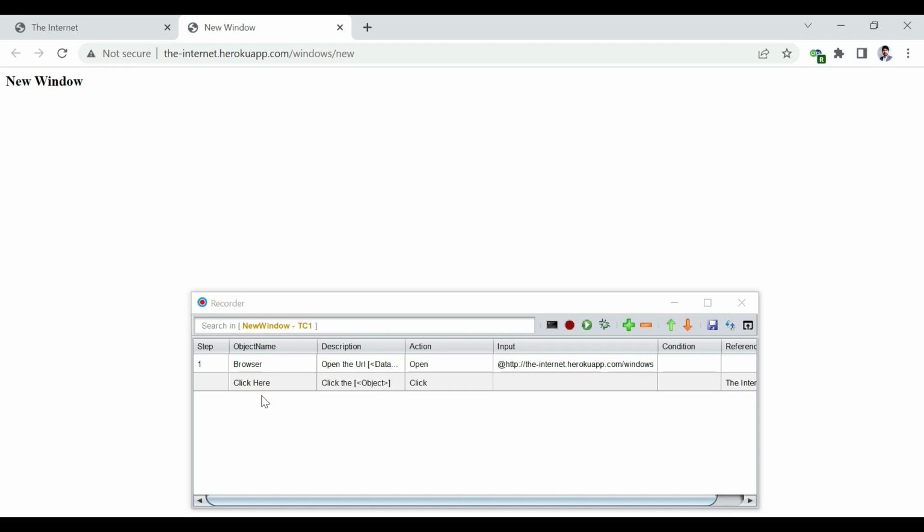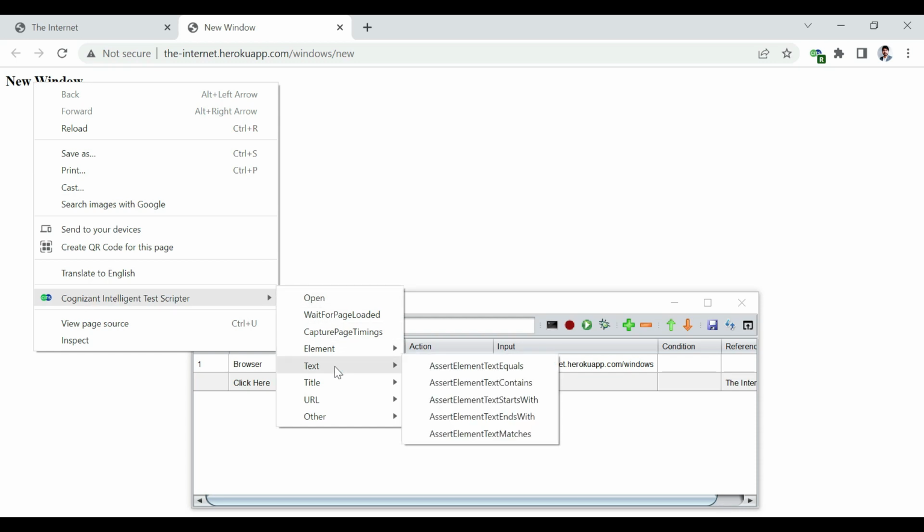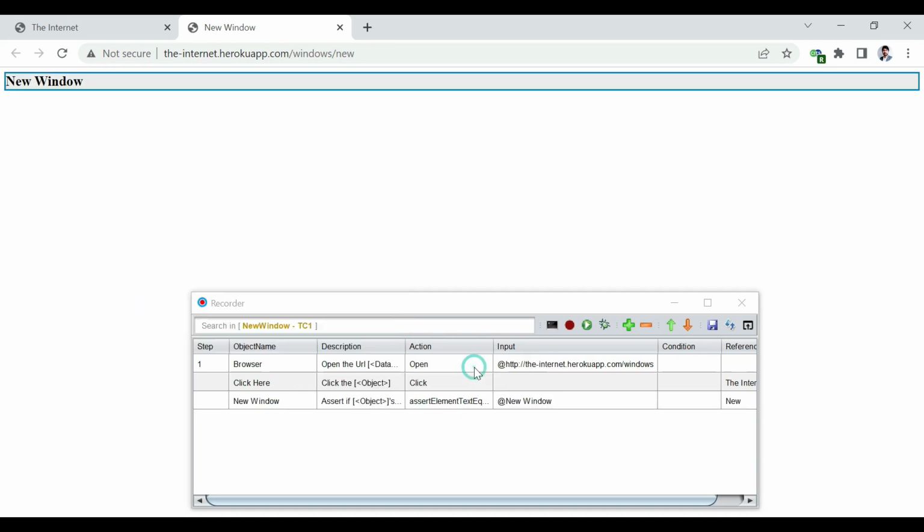However, via automation, we have to change the context to the new window. But we would create an assertion over here to validate that the context has switched. So I'm going to say right click, and then through this extension, I'm going to say assert element text equals. Okay, so this is the test case that can be created via recording,